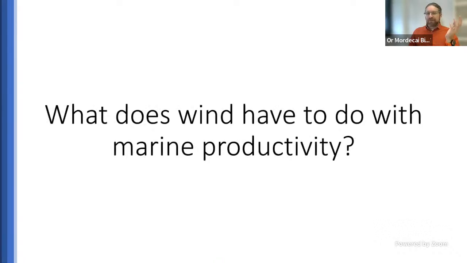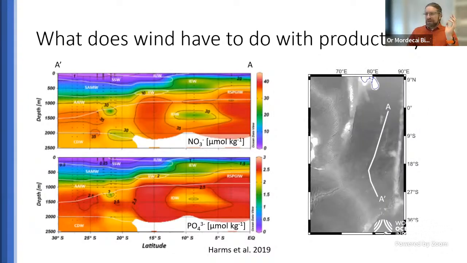But why did I bring up the wind? What does wind have to do with marine productivity? When organic matter sinks and remineralizes, it doesn't just release its carbon, it also releases back the nutrients the original biology consumed. And so the deeper water mass becomes enriched in nutrients. Here are, for example, a nitrate and phosphate profile from the center of the Indian Ocean. And you can see that the surface is mostly in this purplish tone, completely depleted, whereas the deeper waters are in this bright red, indicating very high amounts of nutrients.